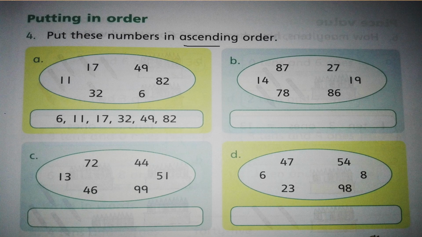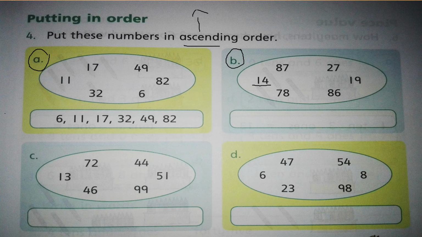And what is ascending order? When we go upward or when we go downward? When we go upwards, means from smaller to higher places, from smaller to largest numbers. So first we will write the smaller number. First question is done in your book. So we'll do the second one. Let's do this one. Okay, which is the smallest number?